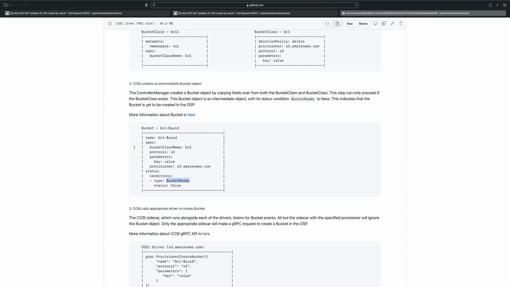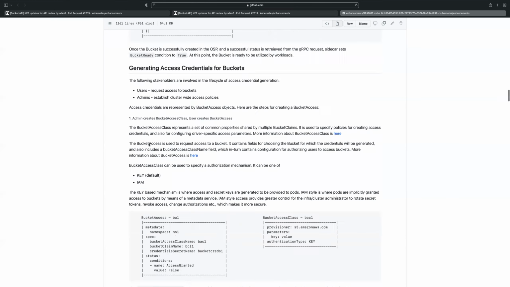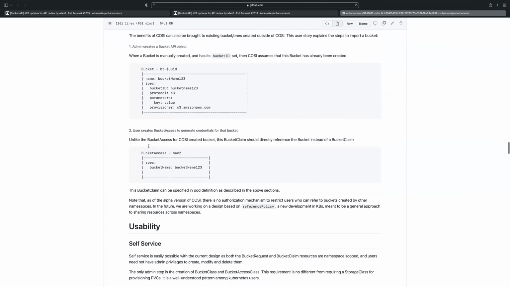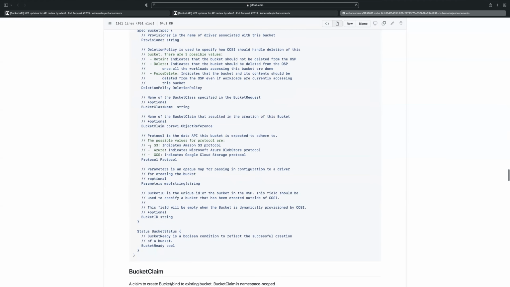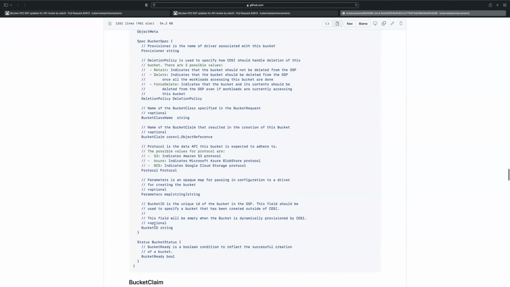I think it makes sense to have it in both. That's what we do in the snapshot case, actually. It should always be in the status field, because when you return, you get that ID. Then in the spec field, if it's brownfield, you need that in the spec field. That's the only time you need it in the spec, the brownfield case, right? Or is it the other way?